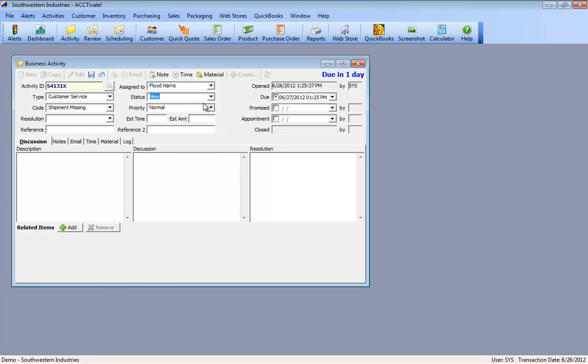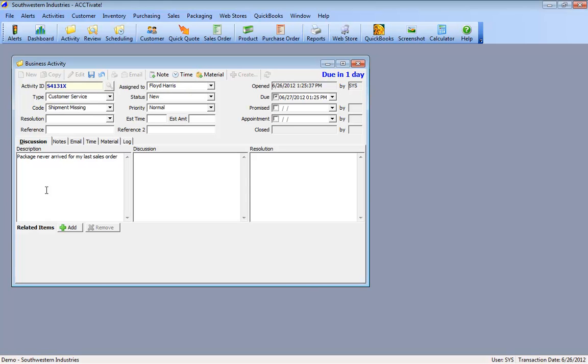And the default status is configurable. I set this up today to default to the new status, which I guess means it needs to get reviewed. We haven't talked to the customer yet. We just got a phone call in, and we need to record this in the system. So we'll just keep it as all the default. The three boxes in the middle are a way of describing this business activity. The first on the left, called the description, is actually pretty large, and I would recommend you keep that to one or two lines max, because it's a lot more visible with just a very short description that explains the problem. So